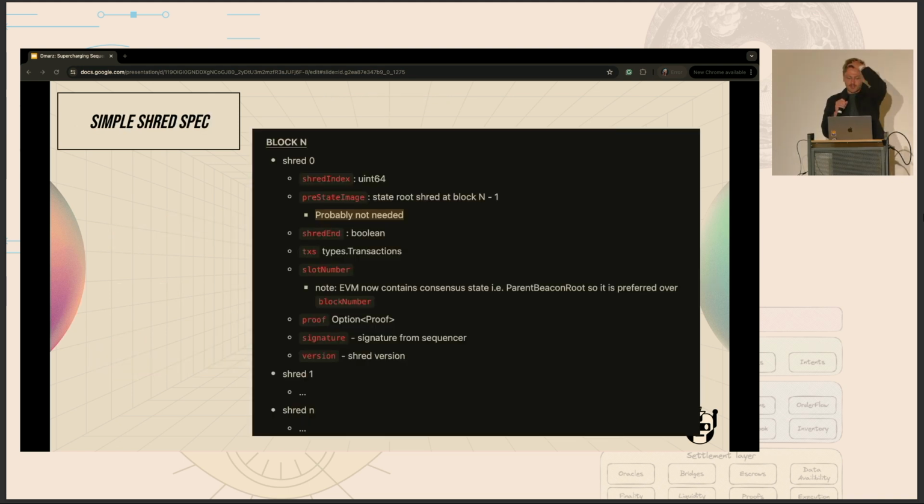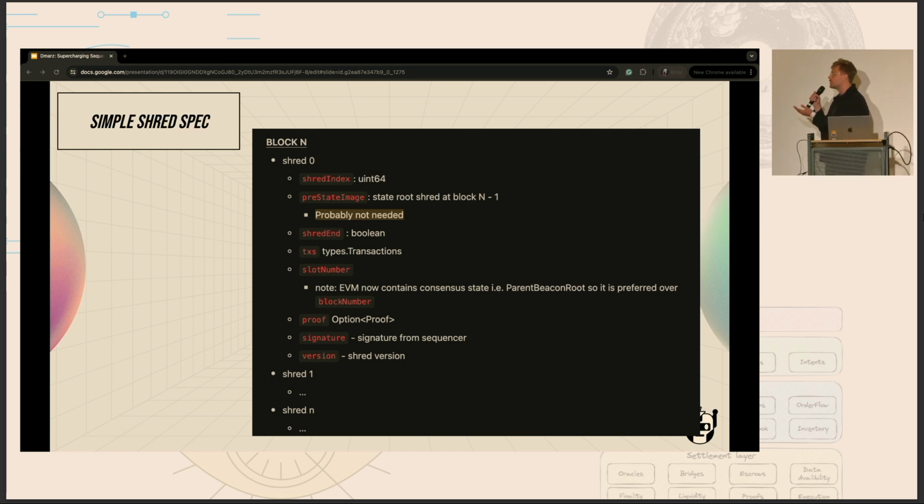But if we want to get into it a little bit more, from the Solana spec, basically, shreds are fragments of blocks or transaction data that facilitate propagation within the peer-to-peer network in Solana. And you can do cool things like erasure code them and use forward error correction, things like that. A super simple spec for what a shred would look like in Ethereum is you just have the